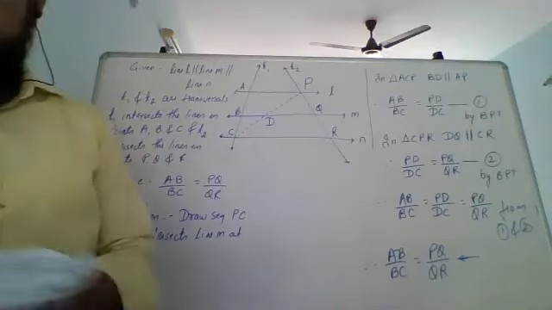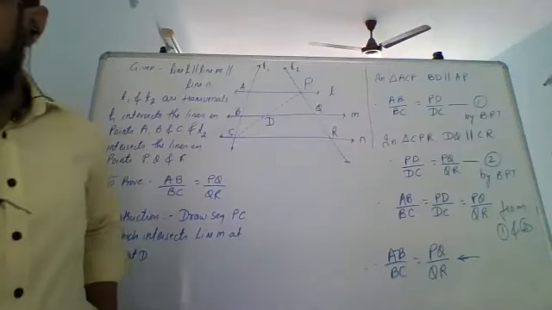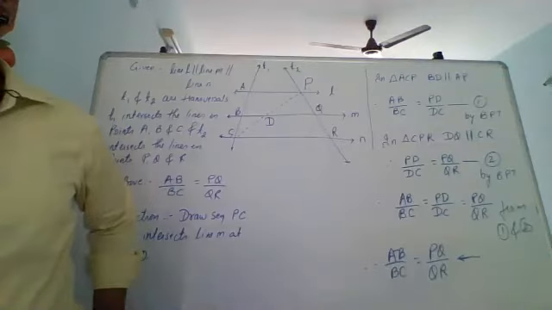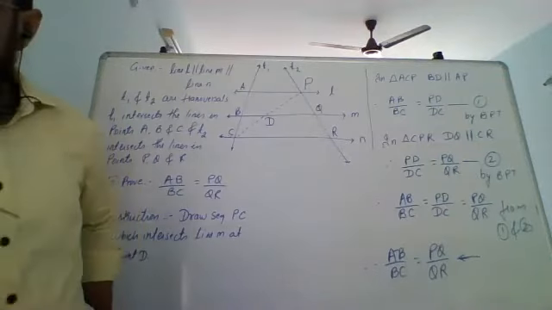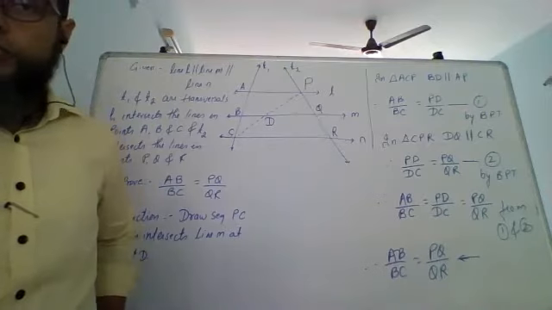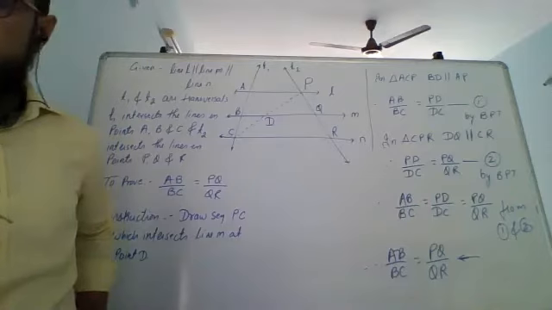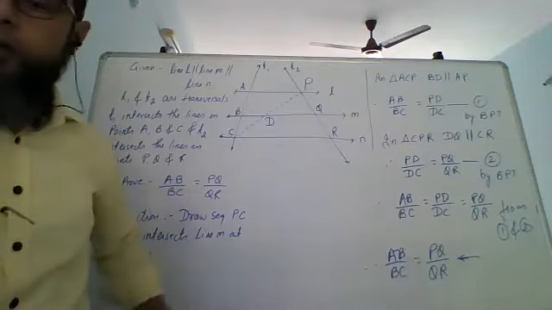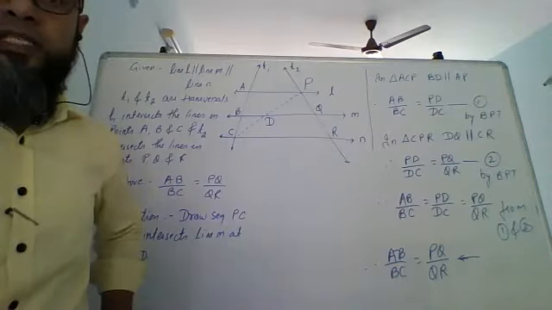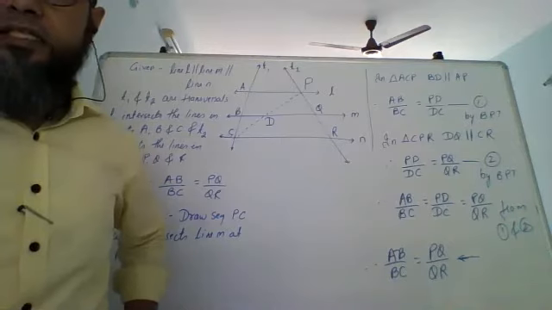So till here we have done almost 3-4 theorems. We have done BPT, we have done converse of BPT, we have done the angle bisector theorem, and we have done properties of 3 parallel lines and their transversals. Based on this, we are going to solve some sums. First copy till here, then we'll begin with this. And of course, based on this is going to be the next exercise also.